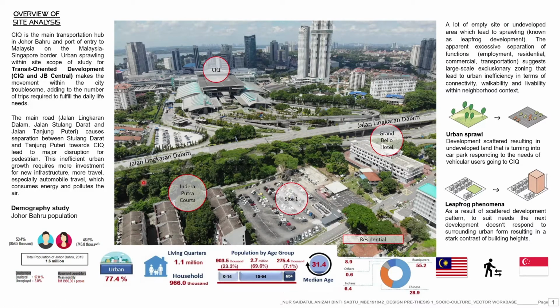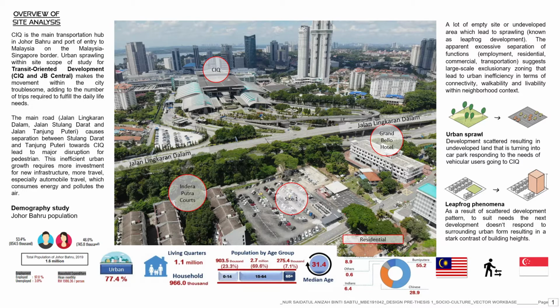To start off, this is the overview of the site analysis carried out by Workbase in the previous seminar. My site is located in Site 1, next to the CIQ area. CIQ is the main transportation hub in Johor Bahru and the port of entry to Malaysia on the Singapore-Malaysia border. As you can see, the main road, Jalan Lingkaran Dalam, lies next to the site, where the cross separation of Jalan Tulang Darat and Tanjung Puteri towards CIQ leads to major disruption for pedestrians